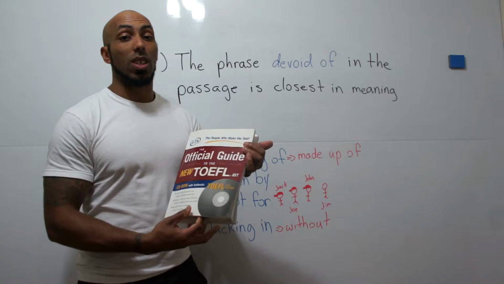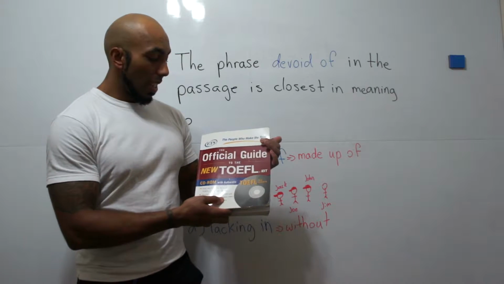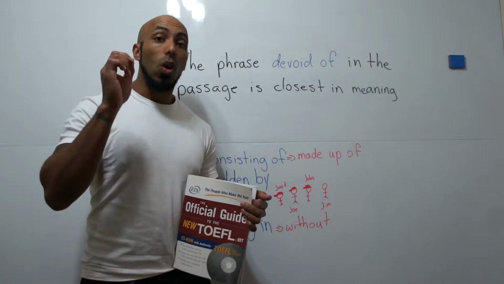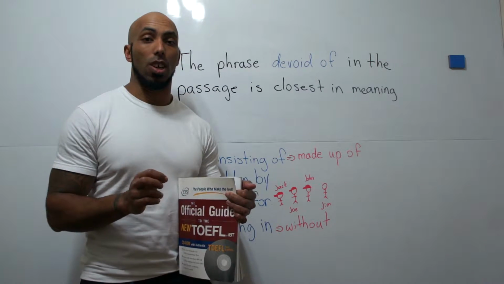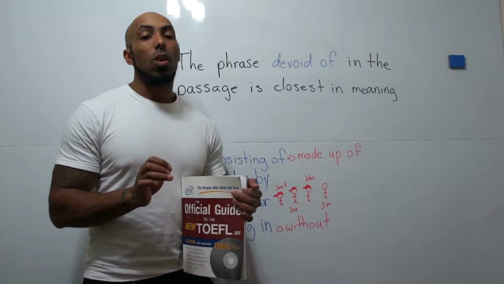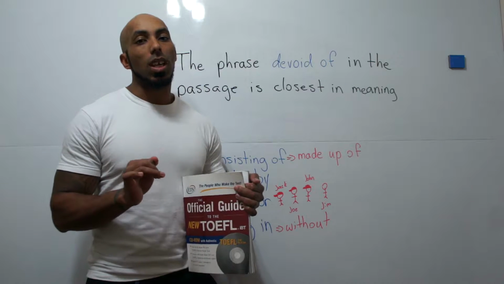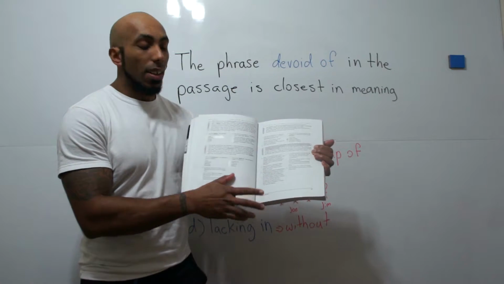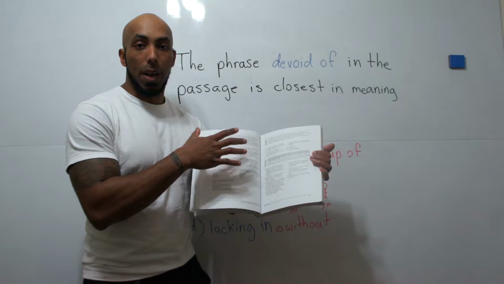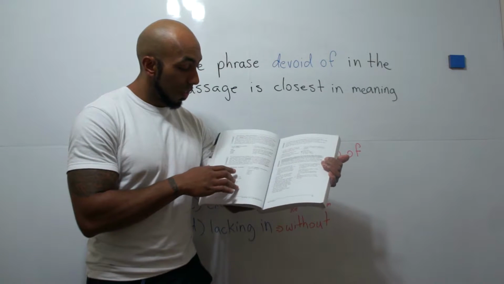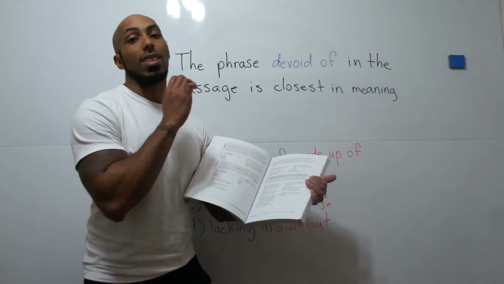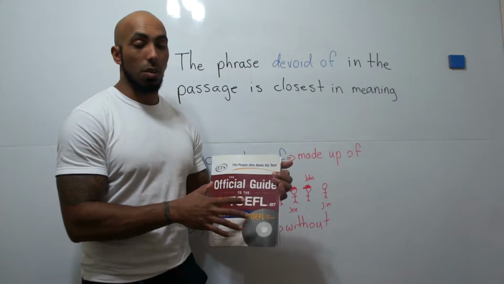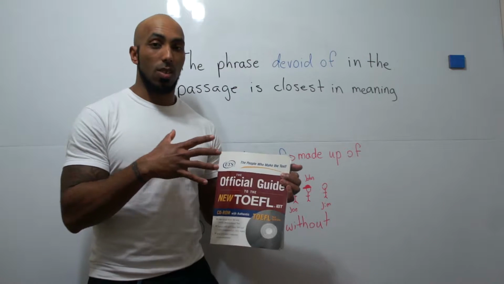Alright, so this week we're still dealing with this book, the ETS Official Guide to the New TOEFL iBT, and we're still dealing with the passage about desertification. Typically there will be about 8 to 10 questions on a passage. In this book, this is the same passage on desertification, and the one we're doing today is the 7th question. This is why this book is really good, because it goes in depth and asks you